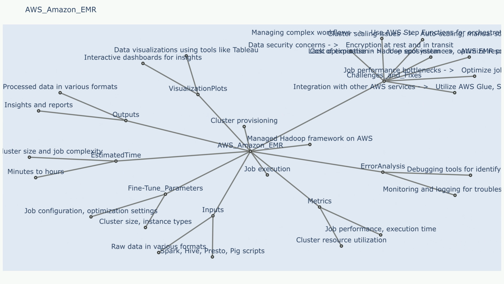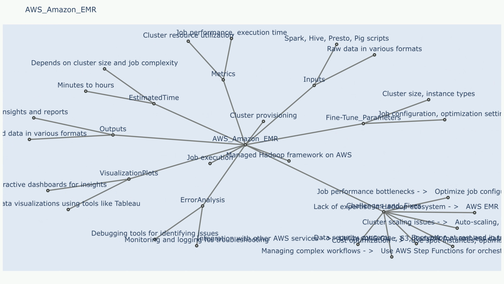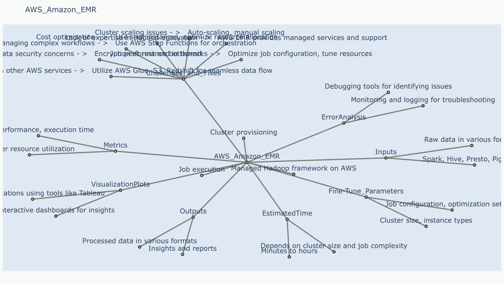3. Virtual Private Cloud, VPC. Purpose: provides network isolation and security for the EMR cluster. Explanation: by launching EMR clusters within a VPC, you can control network access, apply security groups, and isolate your cluster